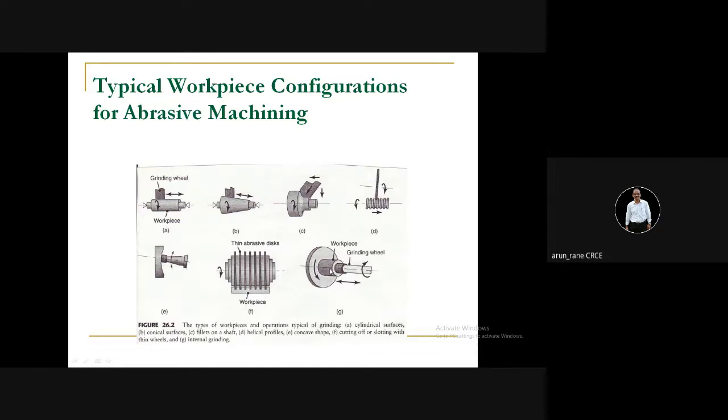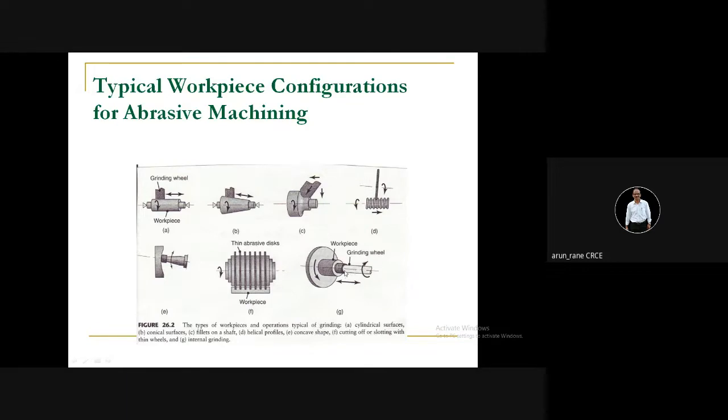Internal grinding is very, very difficult, and that's why we go for honing. The very first thing is that I can have a 1 foot grinding wheel for external grinding, but in internal grinding, suppose the hole to be ground is 25 or 10 mm, then my grinding wheel size will be 6 mm, because I need a shaft or a mandrel on which the grinding wheel is held. If I want to grind a 10 mm ID, then my grinding wheel will be 8 mm, because the shaft needs to be 6 mm.